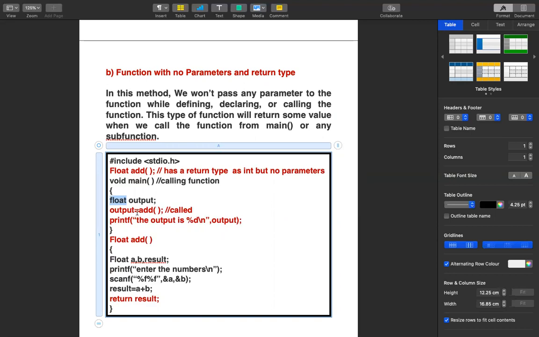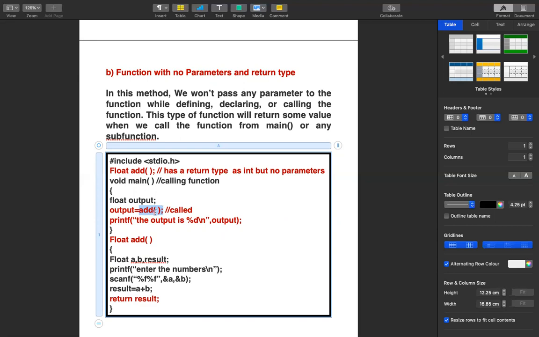And then look at this part. The output variable which I have declared is assigned to a function. It is not assigned to a value, it is assigned to a function. That means you're calling a function here. Once the function gets called, what is the procedure? You know that.